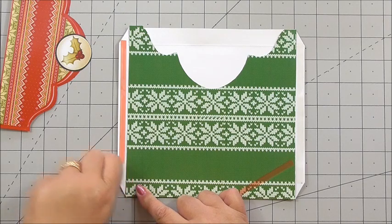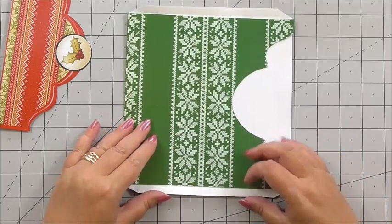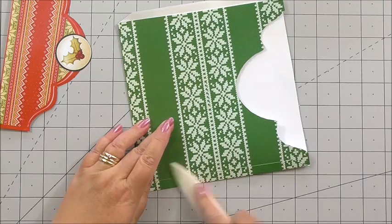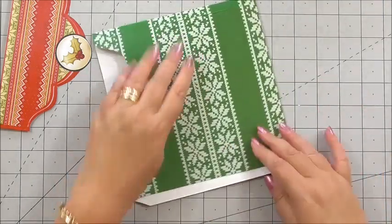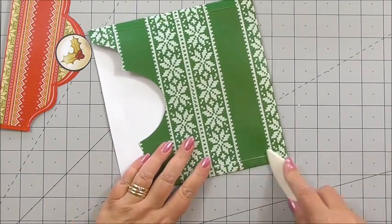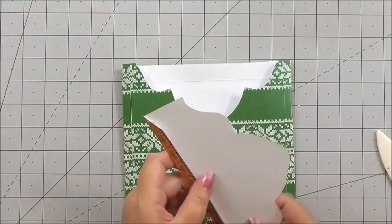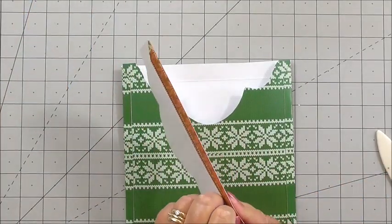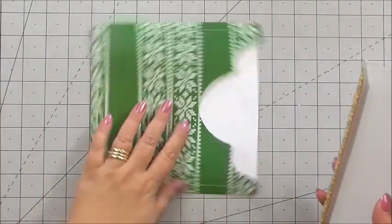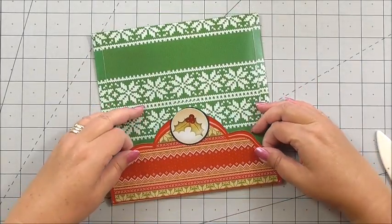Again, I've already scored these, but I haven't folded them, so that I can fold these over the sides like that to match up the pattern, and press that down, and then I can do the other side as well, like that. And then I can add the envelope flap at the top. Again, I've got tape on the back where it tells me to from the instructions, and I'm just going to pop that in to the envelope